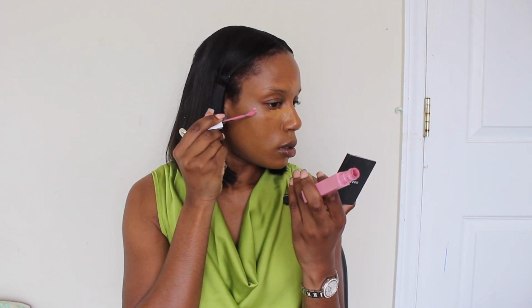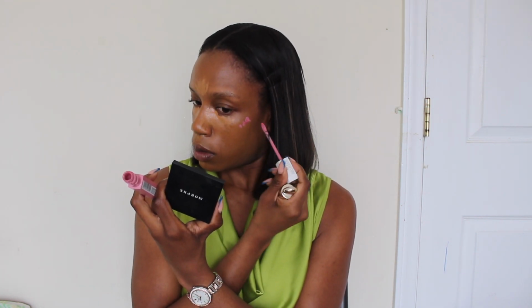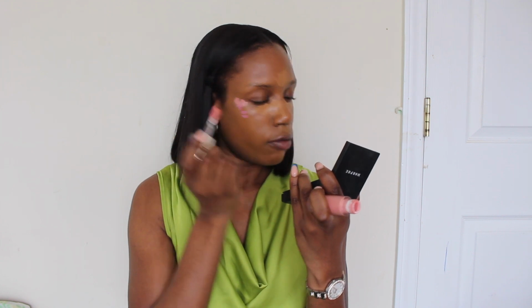Especially because I'm going for a more light, soft, pinky look. I don't want too much of that intense pink. So I'm gonna take this Maybelline lip stain product and use that on my cheek as well. I'm going to put this all over my cheek around that initial dollop. Then as the last blush in my step, I'm using the Rare Beauty blush in the shade Bliss, which I love. So this will go more so under my eye to blend everything out,